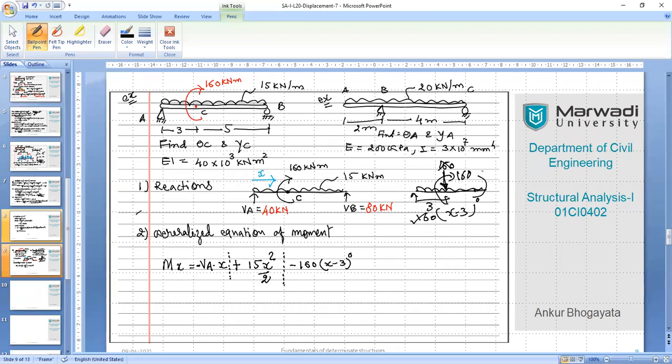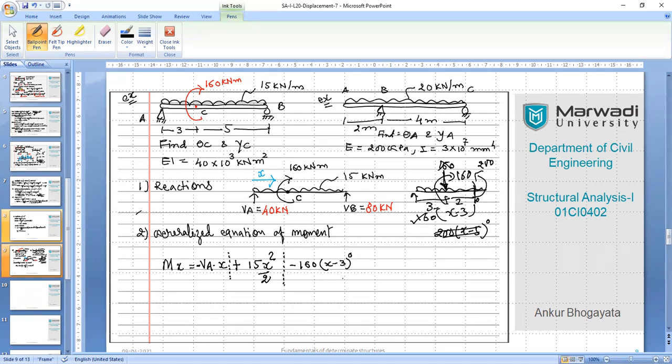Suppose you have another moment here again, and let us say its value is 200 and its location is, let's say, at an additional 2 meters. So we would write, this is an anti-clockwise moment, so 200 into x minus 5, raised to 0, because 3 plus 2 is 5, the location, and the 0 power means it's nothing, right? So this would have been added. However, it's not there, so I'll not consider it right now, and don't get confused. So this is our final expression.